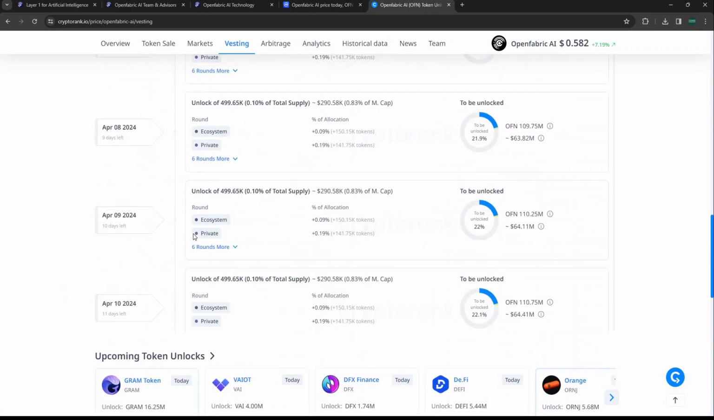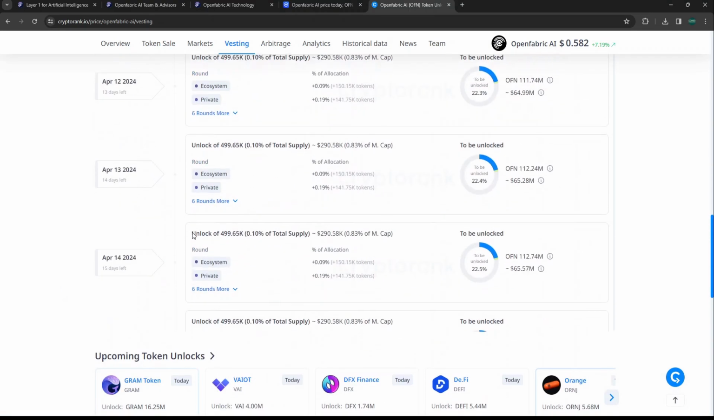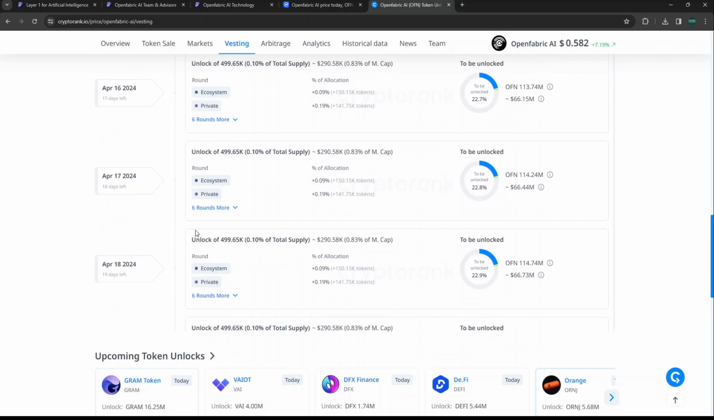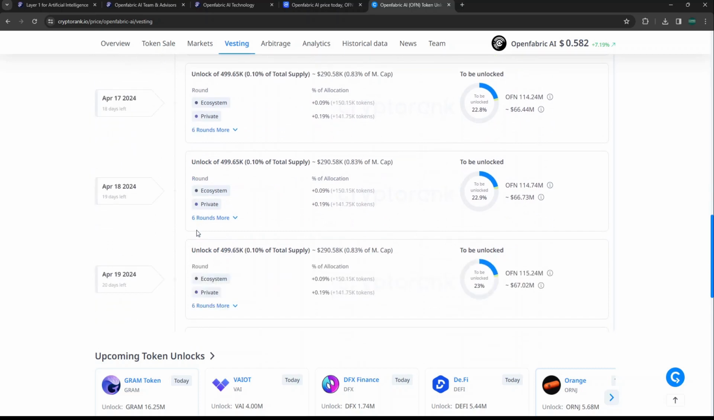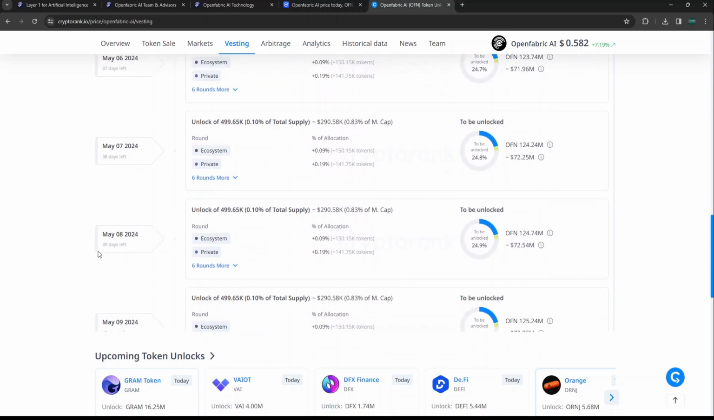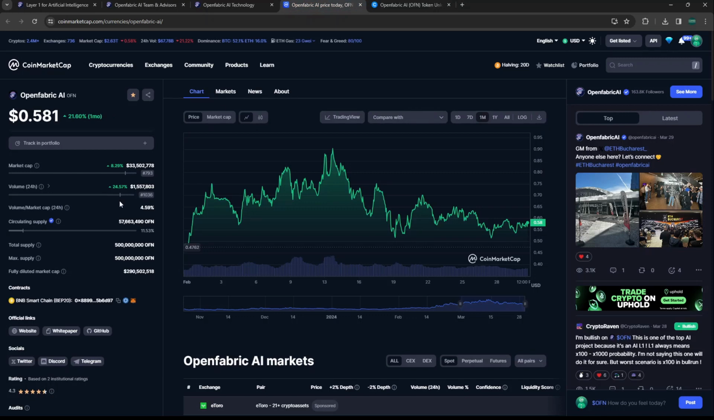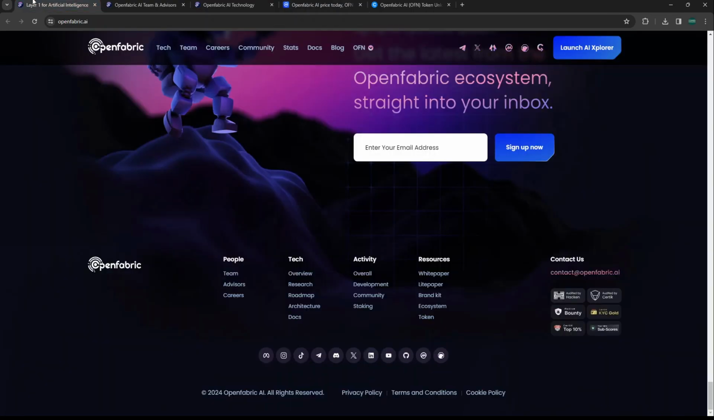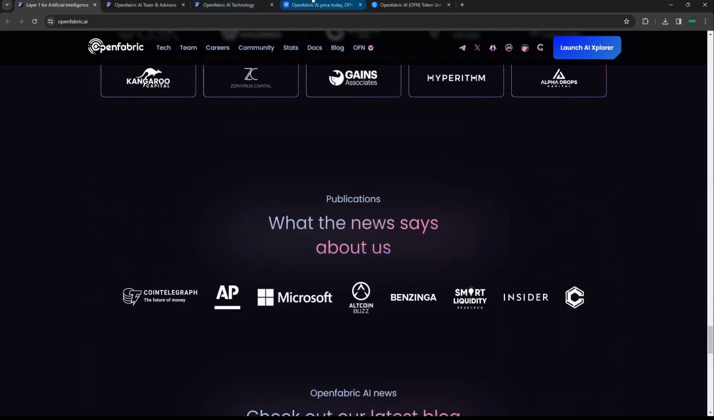And again, as more and more gets unlocked, it'll affect it less because there's more of the supply out. If that makes sense to you. But again, always make note of the vesting schedule, especially when a project is not fully diluted like this one is. So that's kind of my quick thoughts on Openfabric AI, an AI project that I think is undervalued